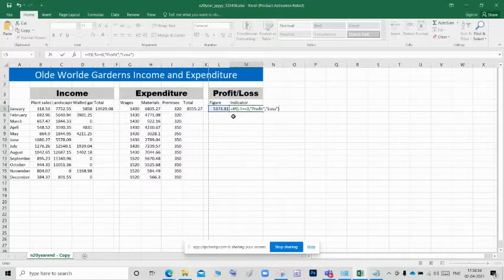See, if L5 is greater than or equal to 0, L5 has this value. If it is true, greater than or equal to 0, yes, this condition is true, so it will come as profit. If it is a minus value, it will display the text as loss. Okay, then press enter.